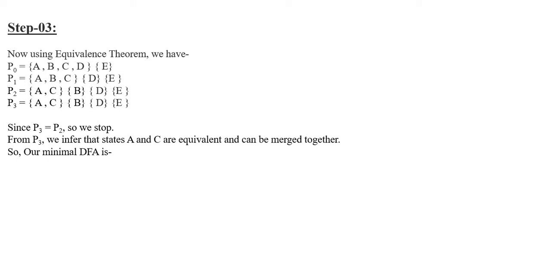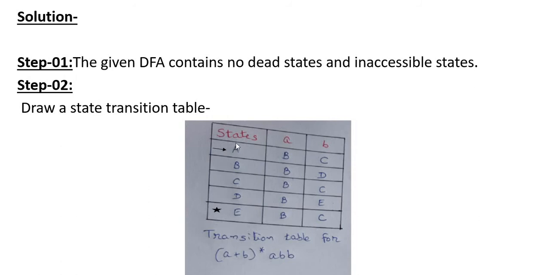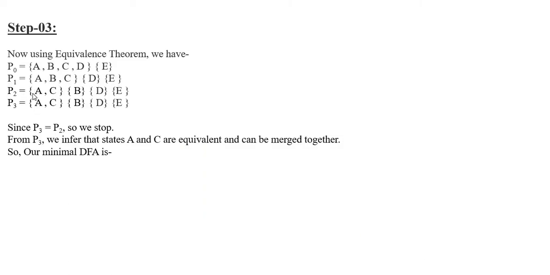From state ABC, are there any other similarities? Yes, from states A and C, for input A and B, the output is B and C, both are equal. So combine these two states, state A and state C, because for input A and B I get similar output B and C. So I can distinguish B from this state.